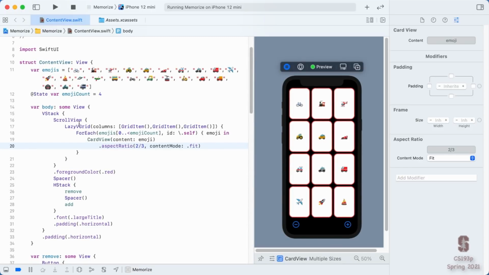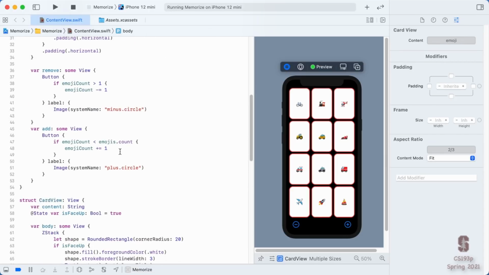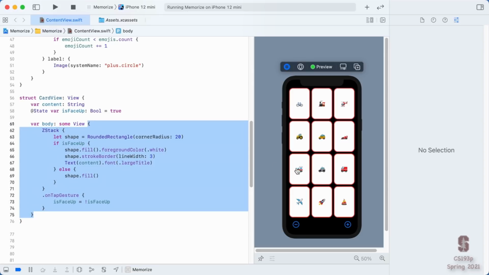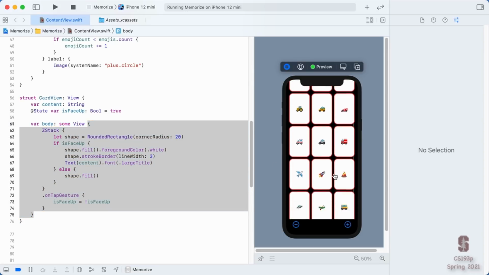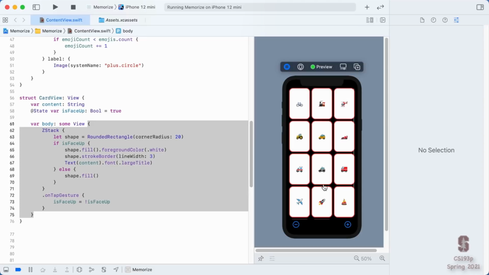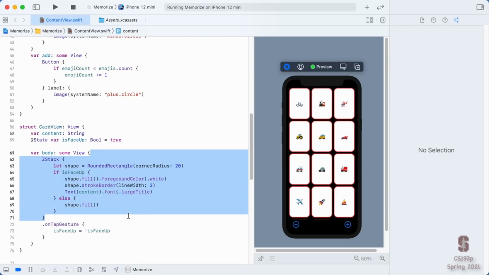I'm going to take a second now to explain this word lazy in our Lazy V-Grid. So a Lazy V-Grid is lazy about accessing the body vars of all of its views. We only get the value of a body var in a Lazy V-Grid for views that actually appear on screen, that scroll on screen. So this Lazy V-Grid could scale to having thousands of cards because in general, creating views is really lightweight. Usually a view is just a few vars like is face up and content in our card view. But accessing a view's body is another story.